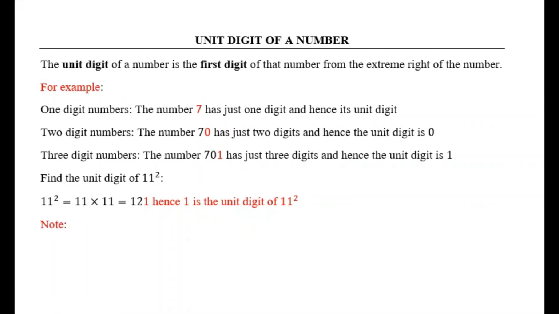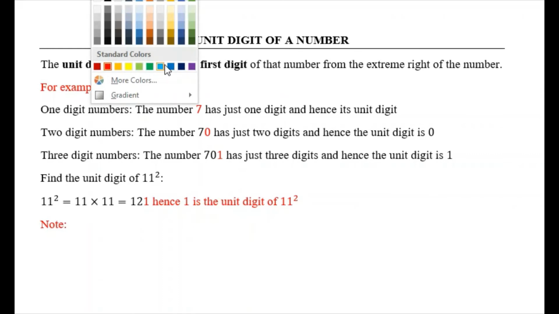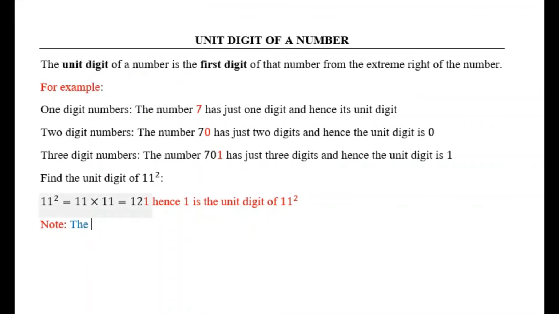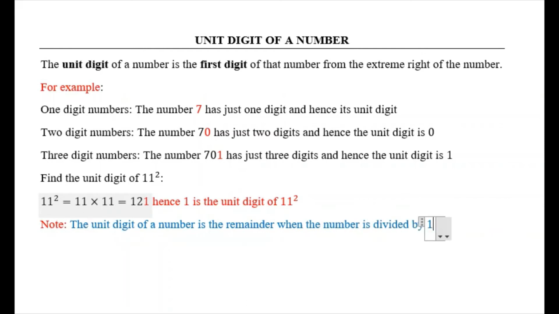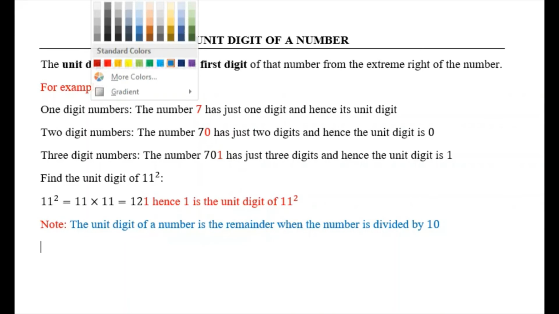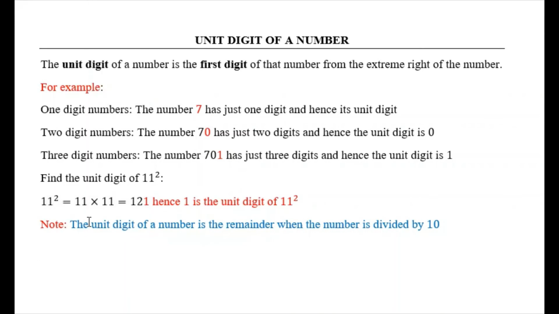So the unit digit of a number, how can we do it mathematically? The unit digit of a number is the remainder, very important, when the number is divided by 10. For example, let me take a case. Maybe I take 70 here. If I want to find the unit digit of 70,